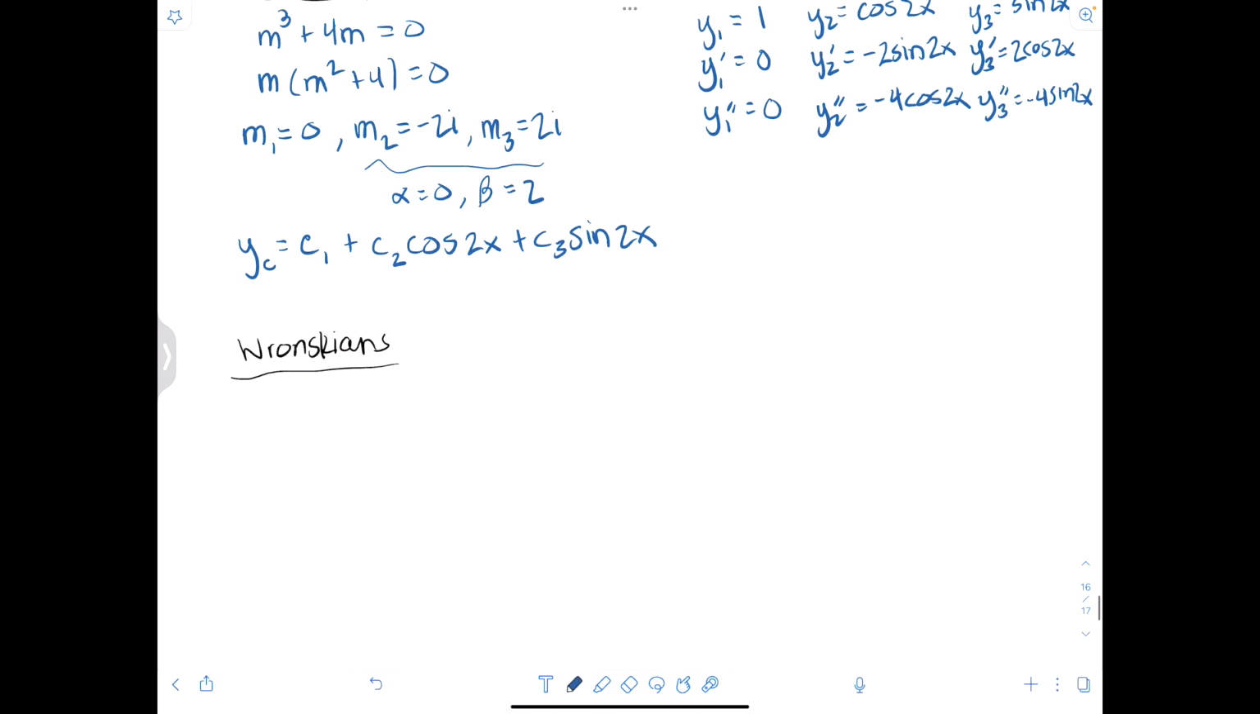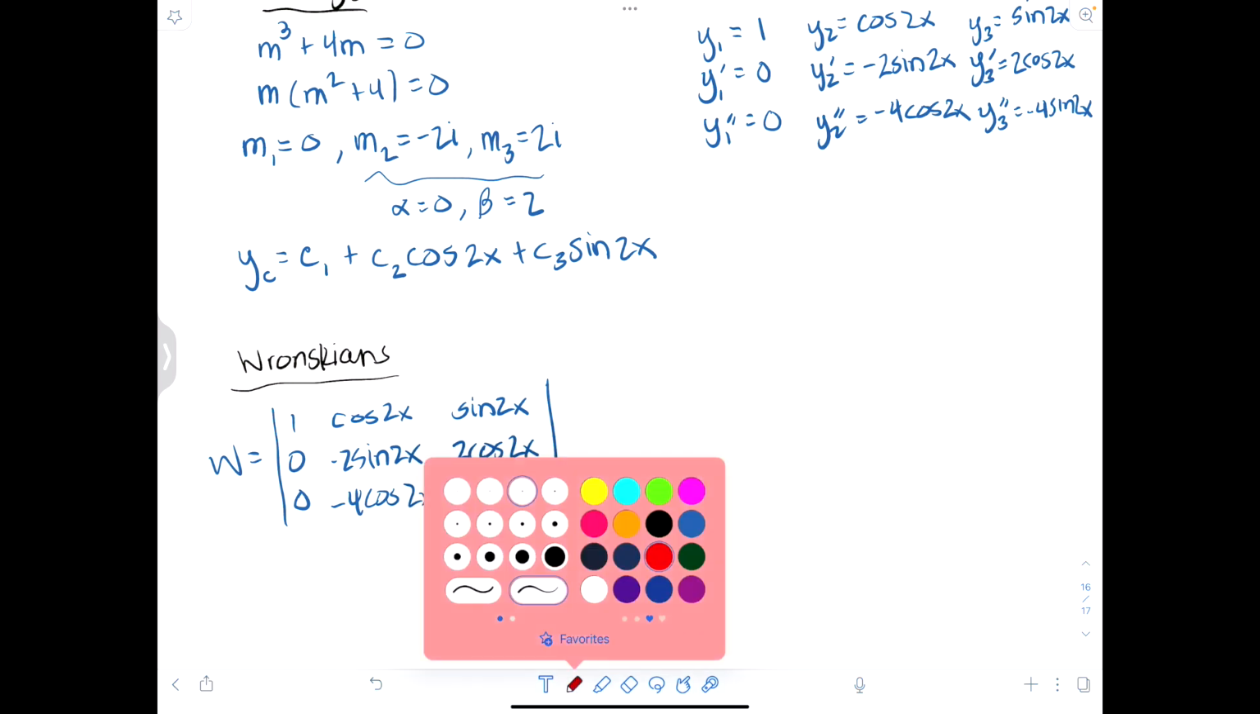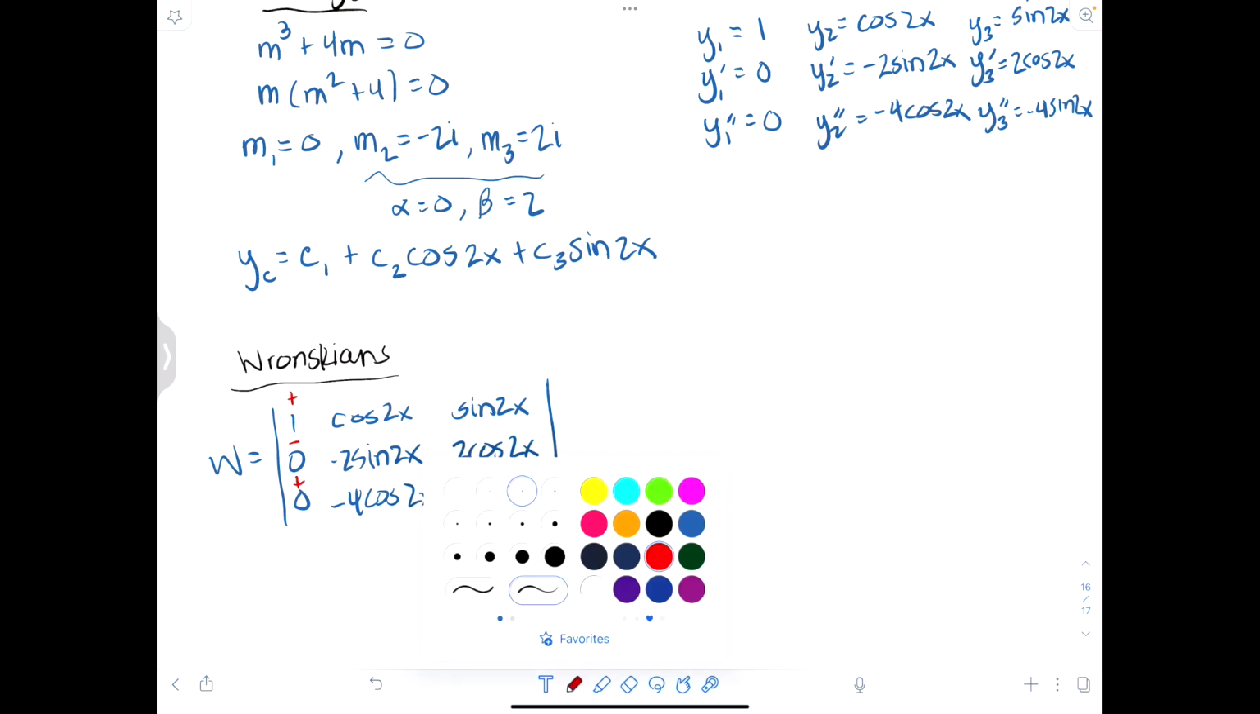Starting out with W. So W will be the matrix with rows 1, 0, 0; cosine 2x, negative 2 sine 2x, negative 4 cosine 2x; and then sine 2x, 2 cosine 2x, and negative 4 sine 2x. So it won't be so bad because of all these zeros. So I'm going to expand about this column. And so that's going to give us